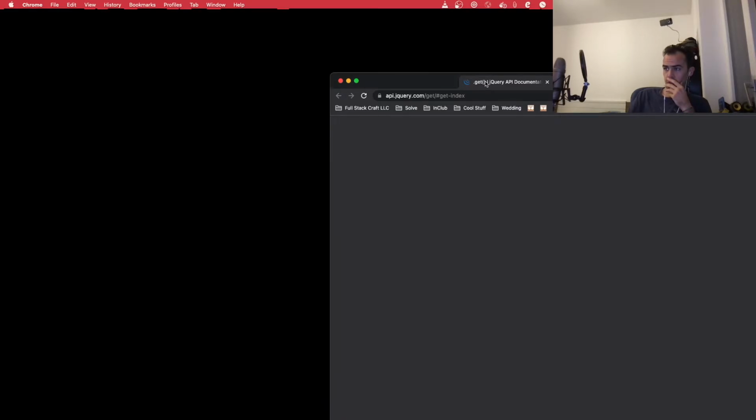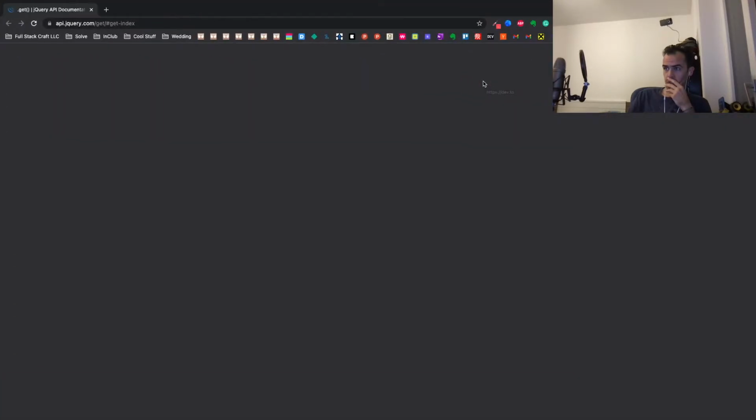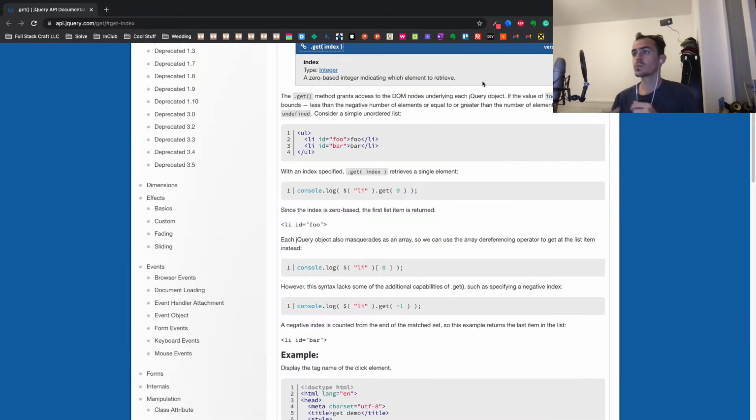Whoa. What are we doing? So each square master is array. Fancy. Okay, get can do negatives. Yeah, but what if